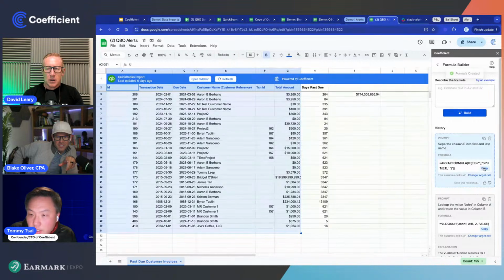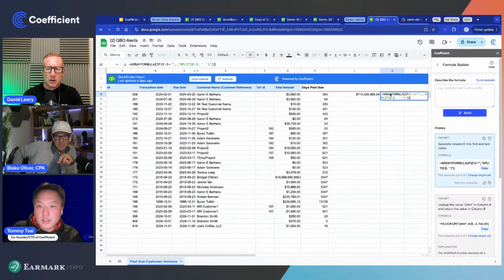A formula. And it gave us an array formula with a split function nested in it. Yeah, that's super cool. And sometimes you might have to correct the